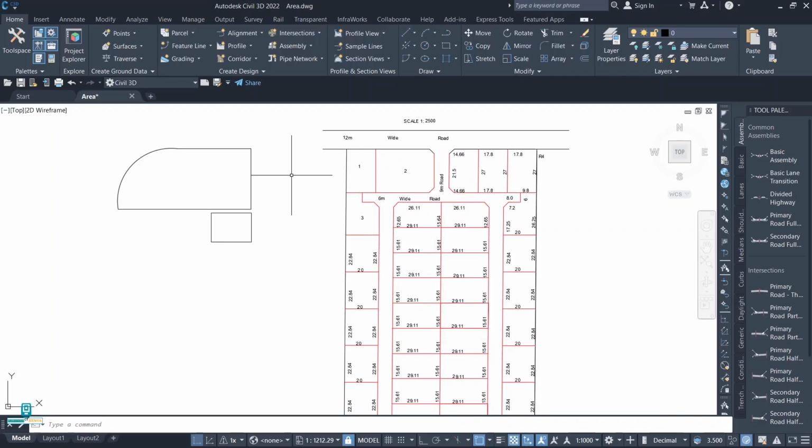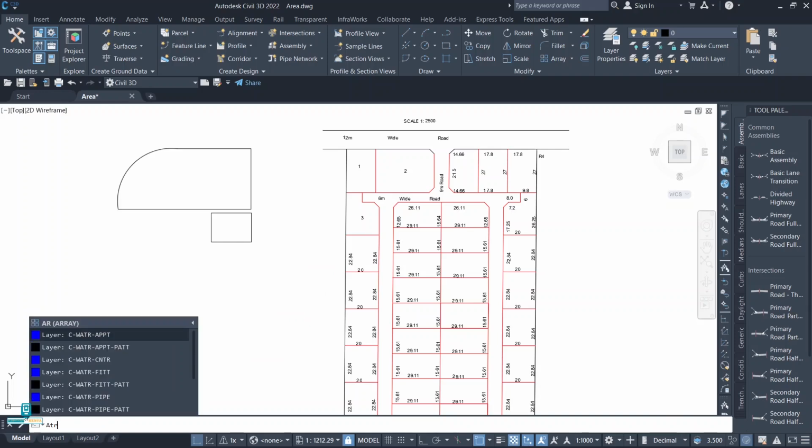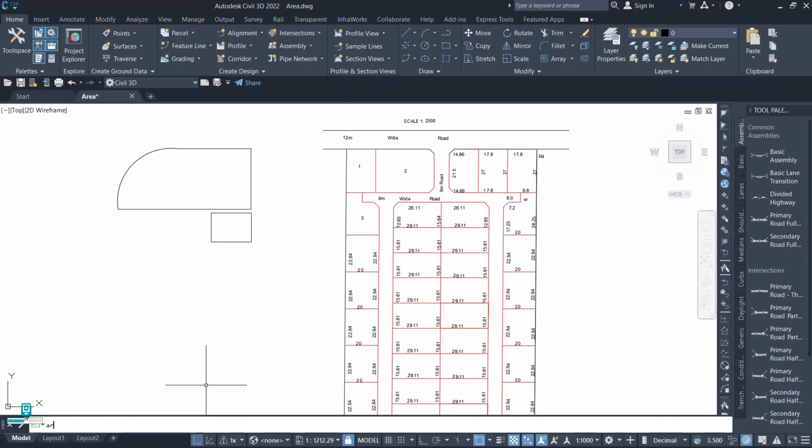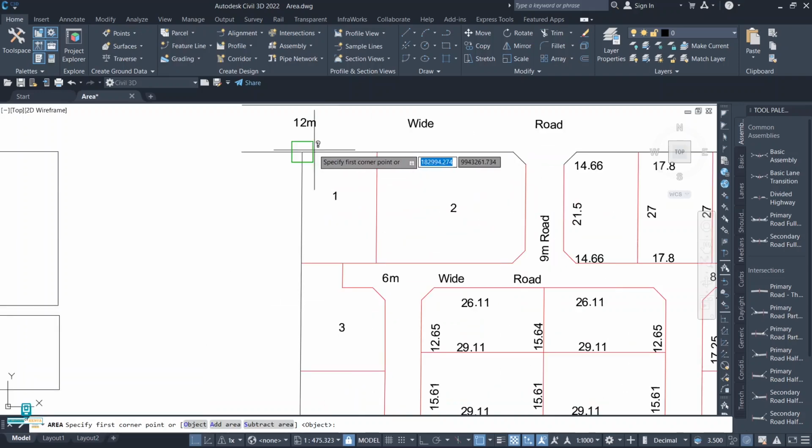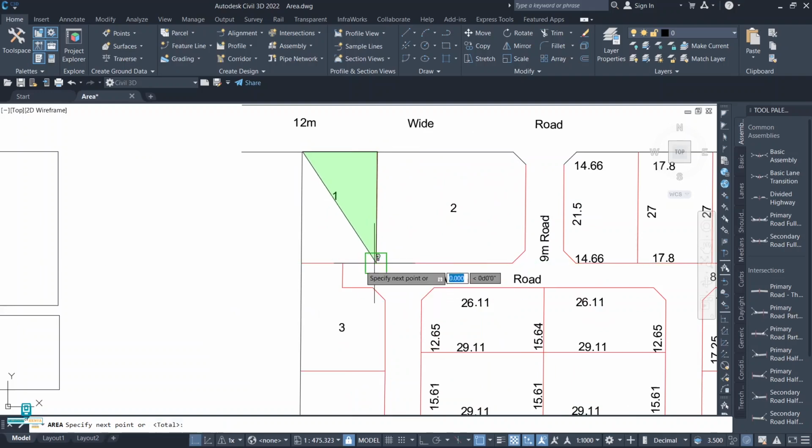In today's tutorial, I'll be showing you the fastest ways to calculate area in AutoCAD Civil 3D. So I have these parcels, and the first way to calculate area is using the command area. Type area on the command line, enter, and then I'll select the four corners of parcel 1,